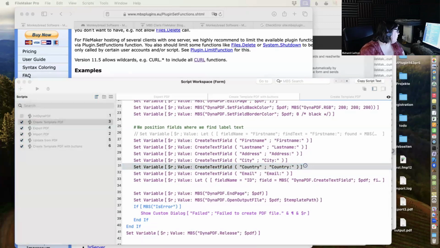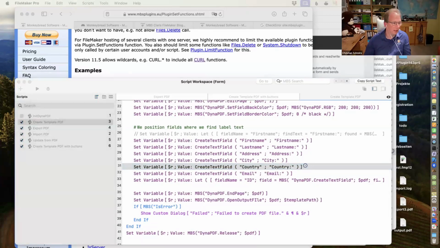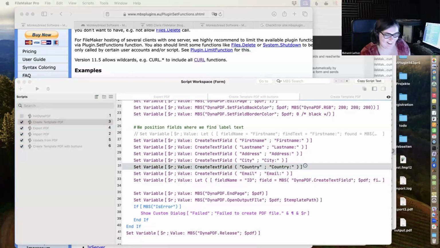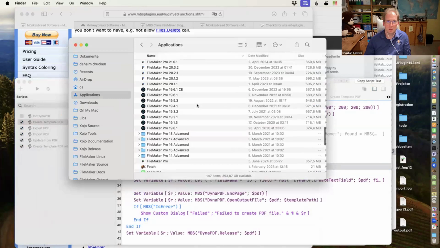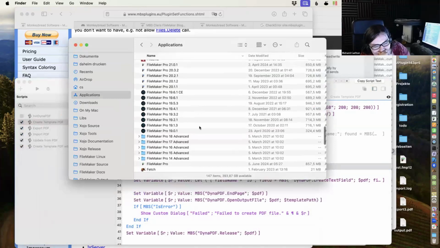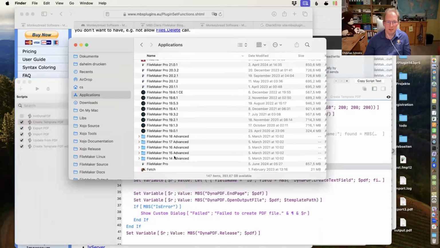I have a question actually. What was that file that can install a lot of FileMaker versions? So let me just show you what I have installed. If someone calls me and says the plugin doesn't work on FileMaker 14, I can still run FileMaker 14 here and all the different 19 versions.